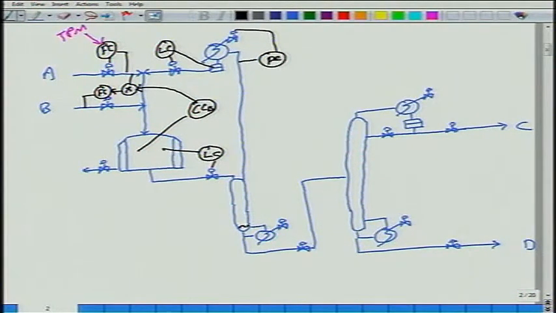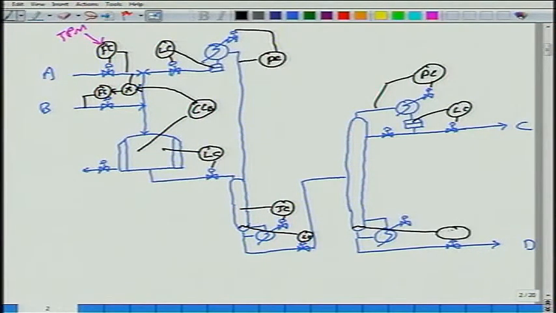So, I have to go this way. I have temperature control this way. Pressure control this way. This is something that you would do conventionally. Level control this way,